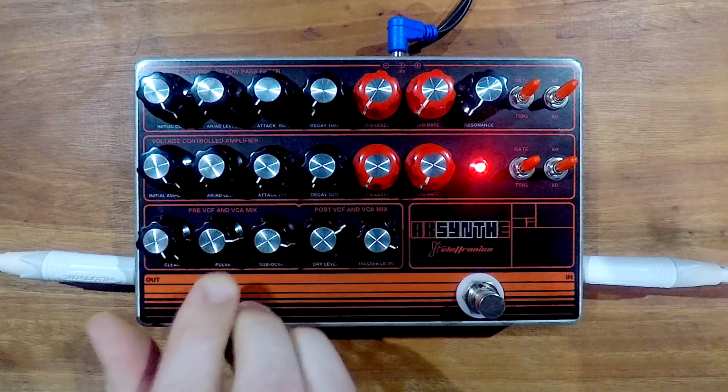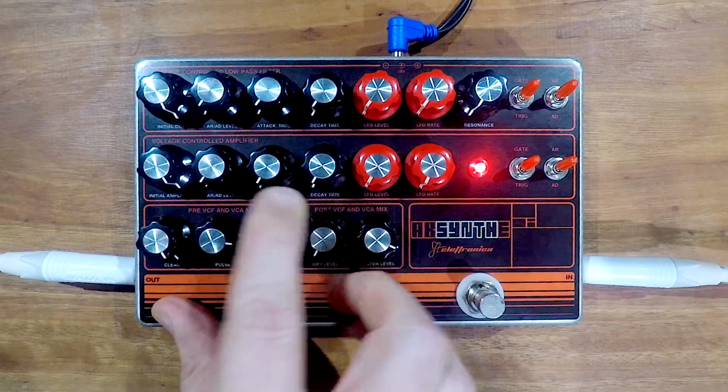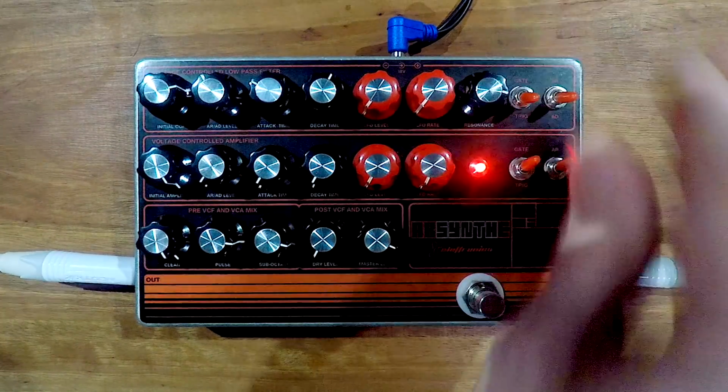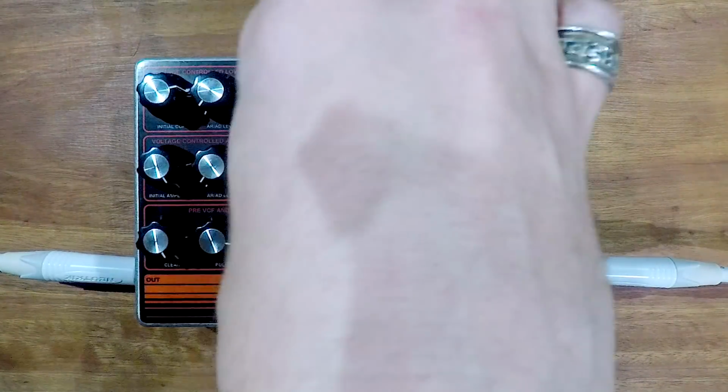Okay, and now you can combine all those things. Yay! So you can say, for example, I want synthy sounds. Right. Let's get rid of the dry signal. And I would like to have a bit of an envelope kind of thing happening with that. So I would like it to be a quacky sort of envelope-y kind of thing. Or you go, you know what? I don't want quacky. I want